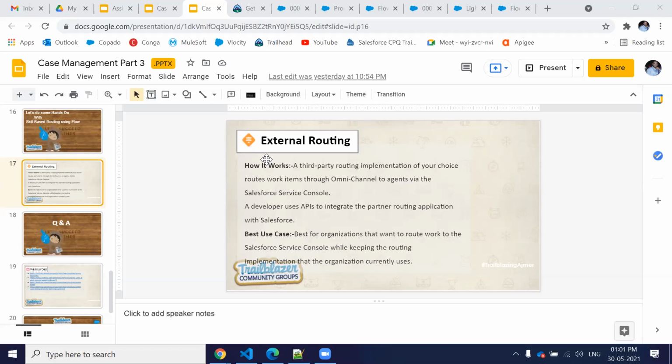Once they route the cases, it automatically comes inside Salesforce, and it automatically assigns the case to a particular user. So that's how external routing works. There are a lot of help documents on external routing. You can go to the help documents, you will find more examples, but this is one example.